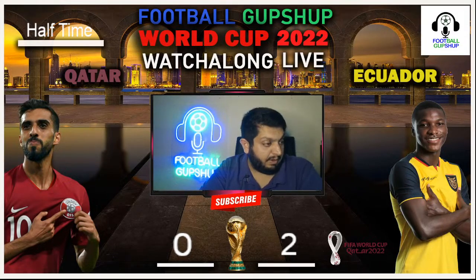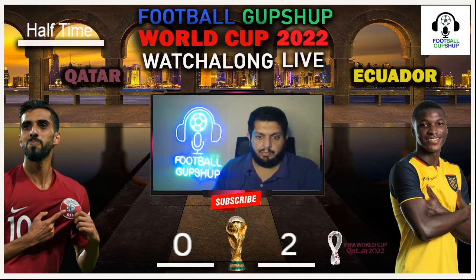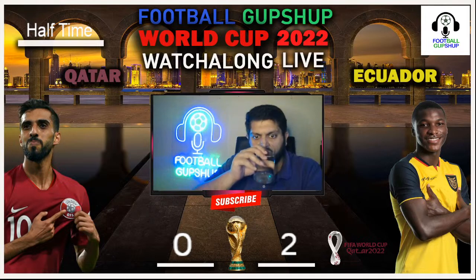So Ecuador have been playing quite good. You have to give credit to Valencia that they have got two chances and they have scored out of those two. So they did pretty good in that first half. You can clearly see that they were trying their very best and they were able to score a lot of goals. And you can clearly see that Qatar are a little bit struggling. They are trying their best, but they are struggling. So let's see eventually what they will be able to do.